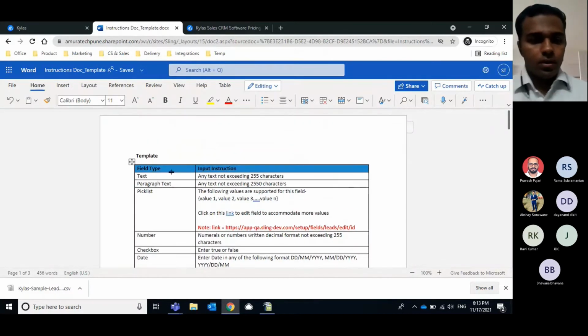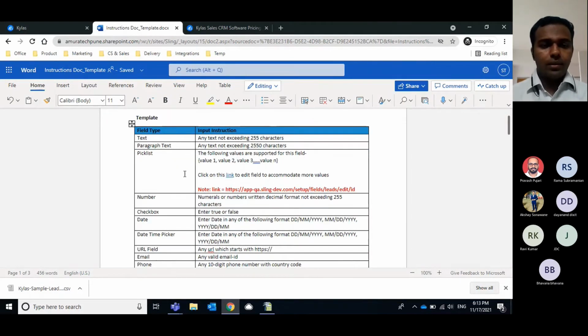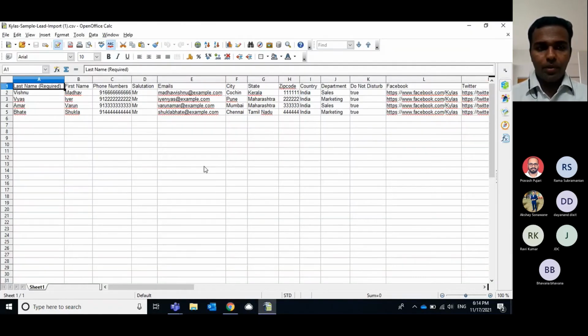Yeah. So there are different field types which are supported by Kaila CRM. While preparing your data, a lot of you while importing the file might have got errors related to phone numbers, emails, and also some values related to source and campaigns. Why that is happening is because the file you have prepared for import does not fit the format which Kaila is expecting. That's why you might be getting those errors.